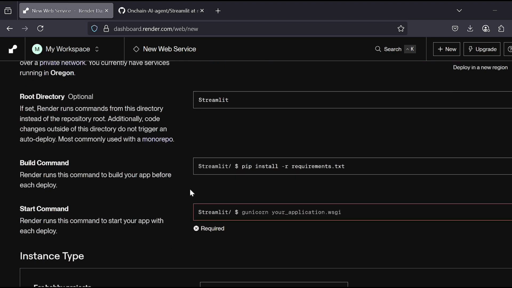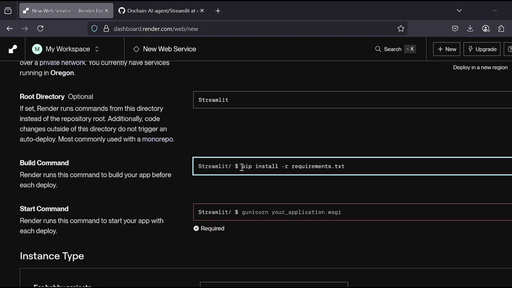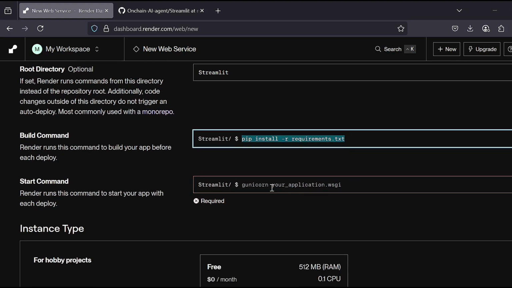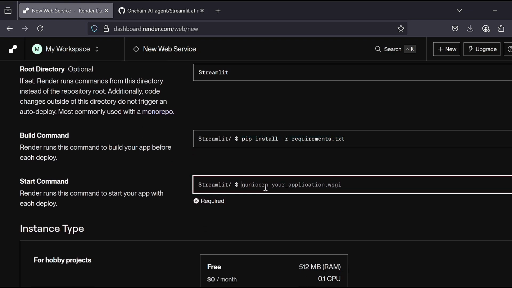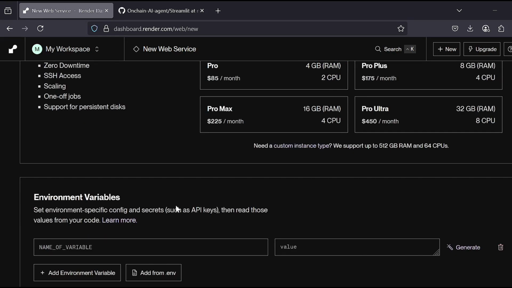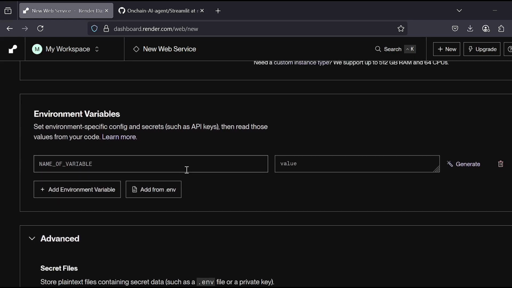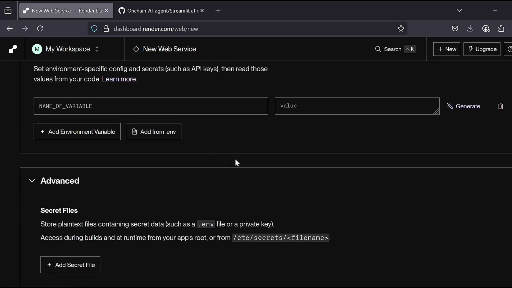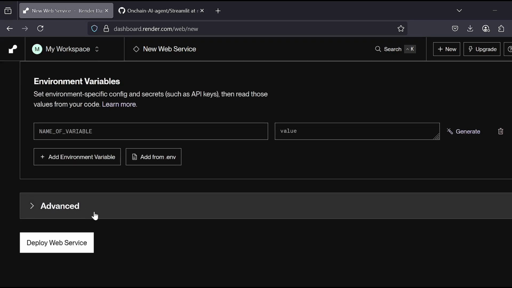Yeah, Streamlit. And to install the dependencies or the libraries, it will use pip install -r requirements.txt to install all the dependencies and libraries in the requirements.txt file. And to run your code, you use, like always, streamlit run app.py. Then you have to choose the free version, and there's no need to put any variable or add any .env file for your API key, because we will put our API key on the front end. Yeah, so with that, you just click on deploy web service, and I don't want to click on it because